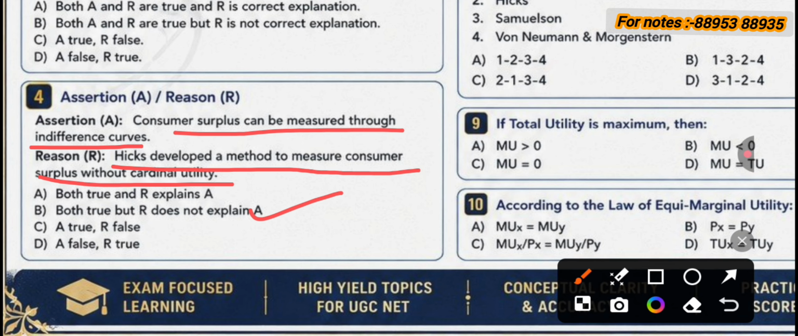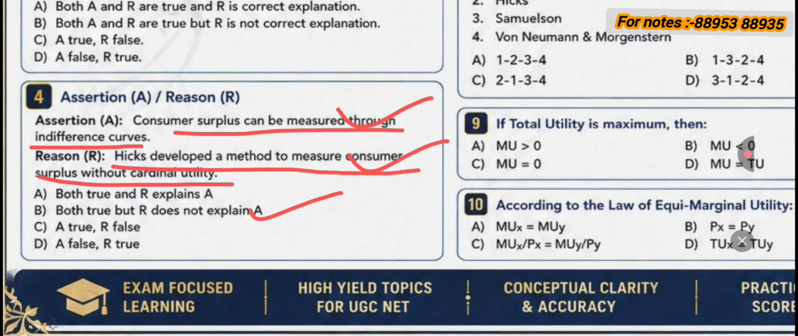Here the assertion was consumer surplus can be measured through indifference curve. And Hicks developed a method to measure consumer surplus without cardinality. That means both are correct but R does not explain A. I hope you all understood. Now move to the next question,